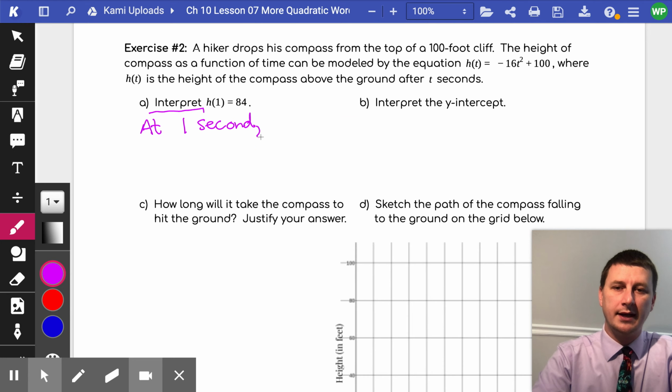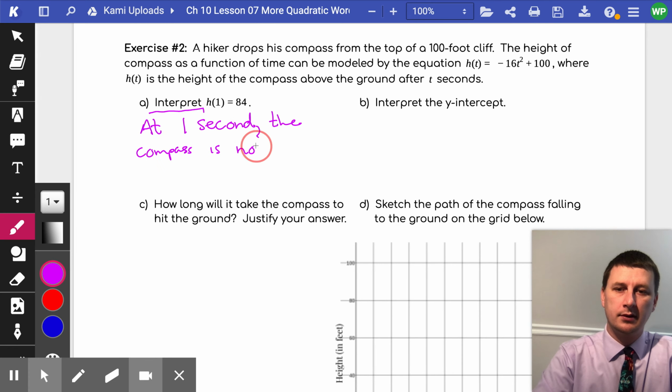Okay, after that, we go to this 84, and that's what the problem's equal to. And what is h of t equal to? The height of the compass above the ground. So at 1 second, the compass is now 84 feet